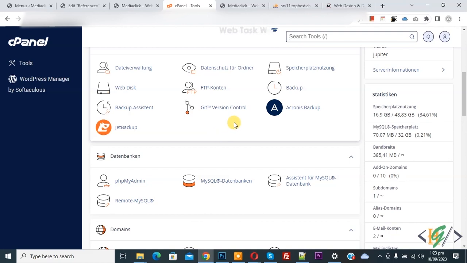Bismillahirrahmanirrahim. Assalamu alaikum. My name is Hassan and today we are going to download website files and database from Acronis